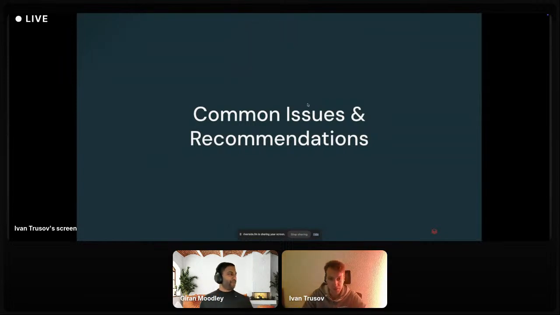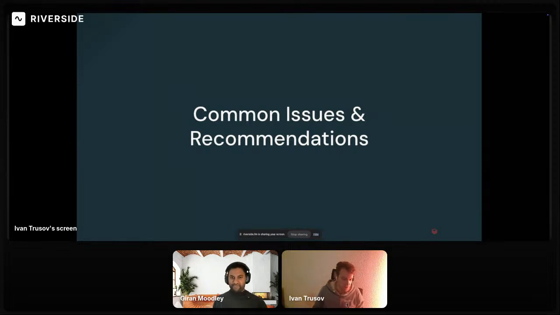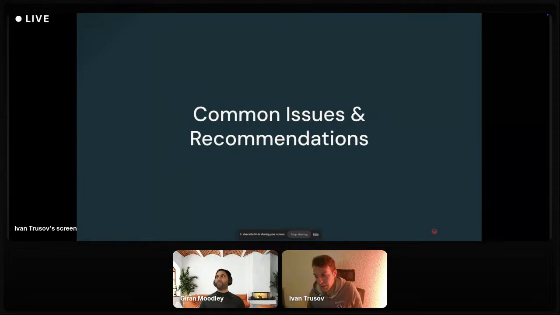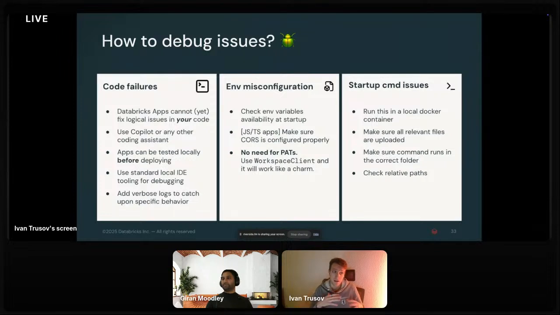Okay, perfect. So when we're talking about development experience in general and developing any kind of application, we always need to touch upon the topic of common issues and how to debug them, how to find the problems and how to work around them. First of all, there are things which can fail inside the code base that you are running on Databricks Apps.